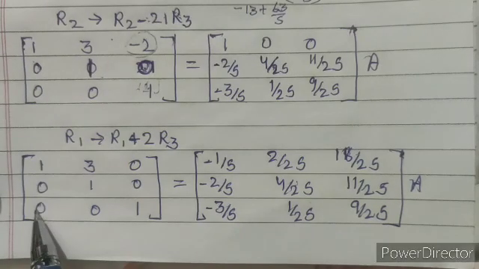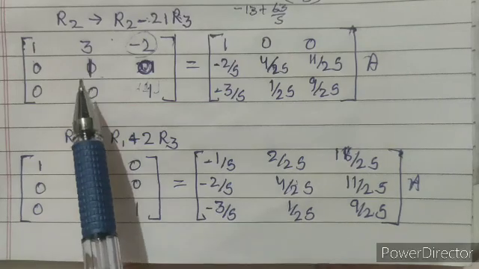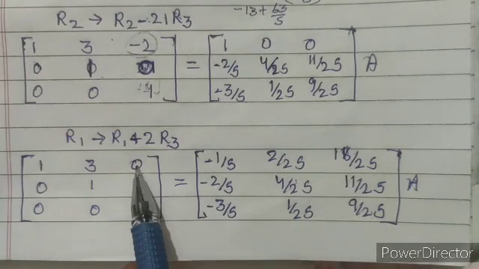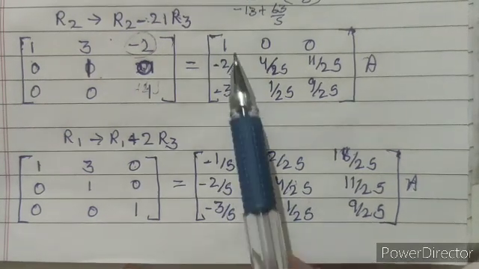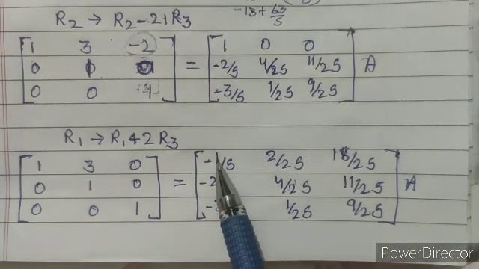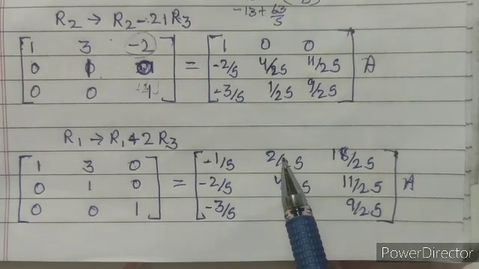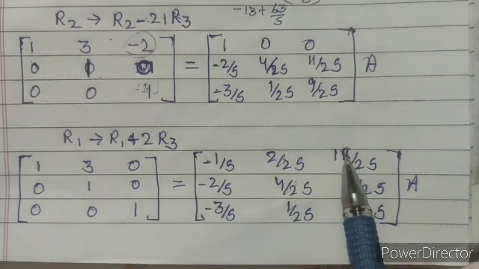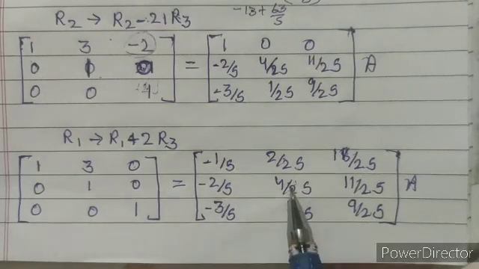So 1 plus 2 into 0 will be 1, 3 plus 2 into 0 will be 3, minus 2 plus 2 into 1 will give us 0. Other two rows will remain the same. On the right hand side again 1 plus 2 into minus 3 by 5 will be equal to minus 1 by 5, 0 plus 2 into 2 by 25 will be equal to 2 by 25, and 0 plus 2 into 9 by 25 will give us 18 by 25, and the other two rows, second and third row, will remain